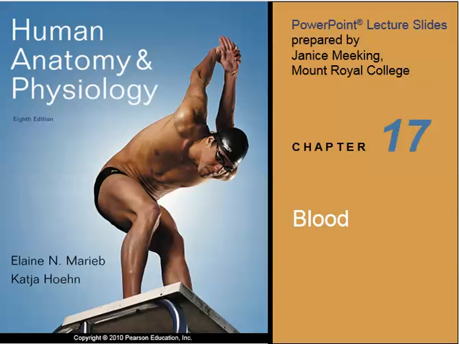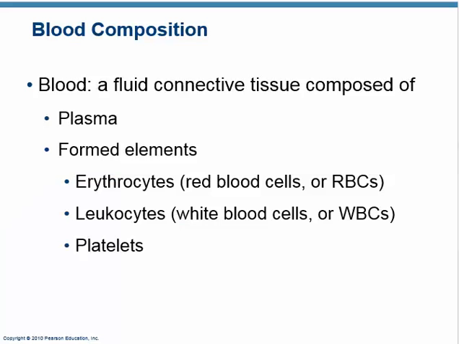This is chapter 17, blood. So blood is considered a tissue. It's a connective tissue. It's a fluid connective tissue. And all connective tissues consist of